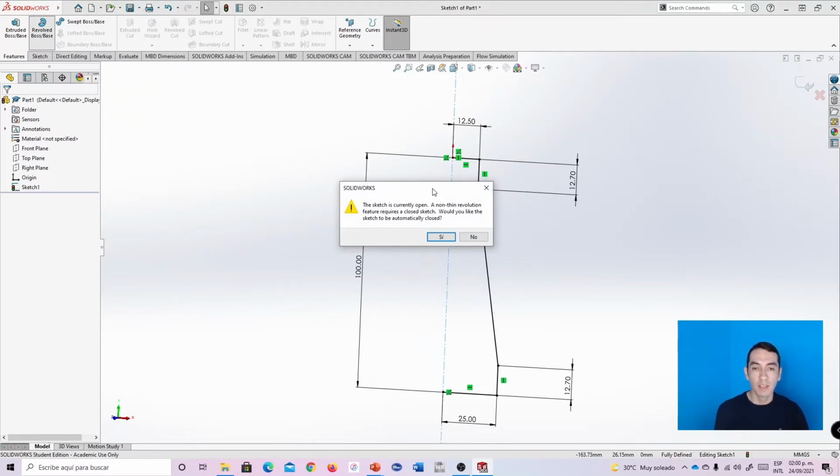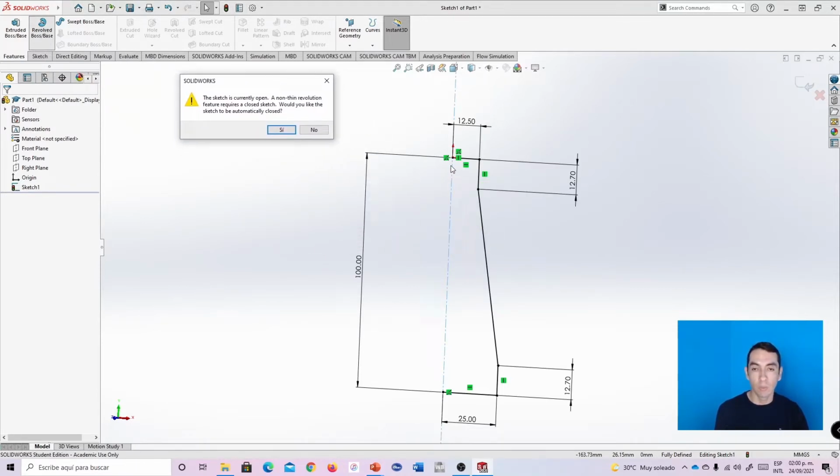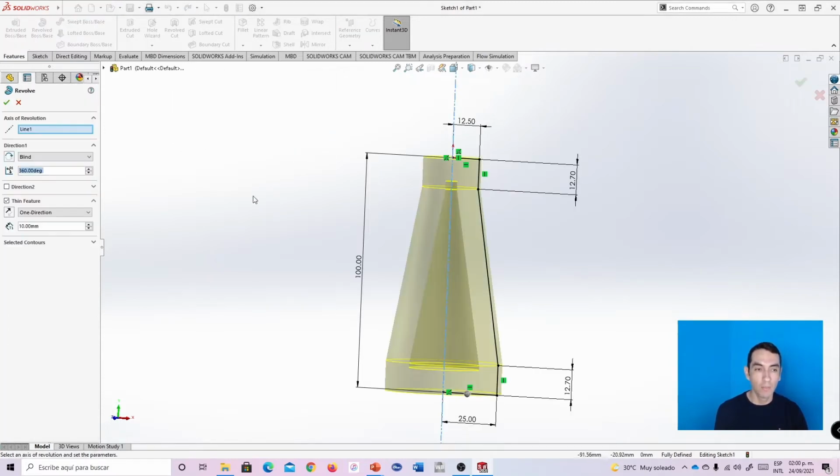The message says that this sketch is open because of this section with a construction line. So I will select no here, and I'm going to the thin feature section, and I'm going to define that we only have a value of 1 millimeter for thickness. This value is enough,